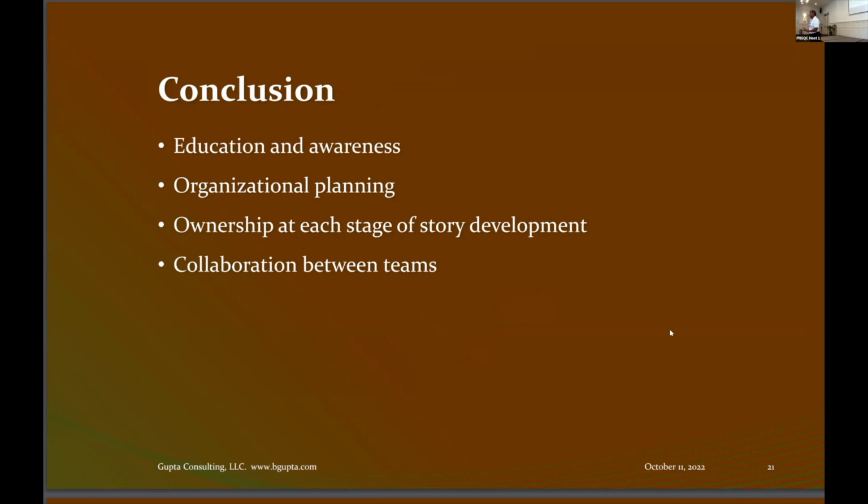Education is very important. People need to realize that I need to know about this. And it has become more important in the last 10 years than any time before, because we're seeing so many breaches. There was one yesterday from Russia where the airport portals were breached. So education is the first thing.